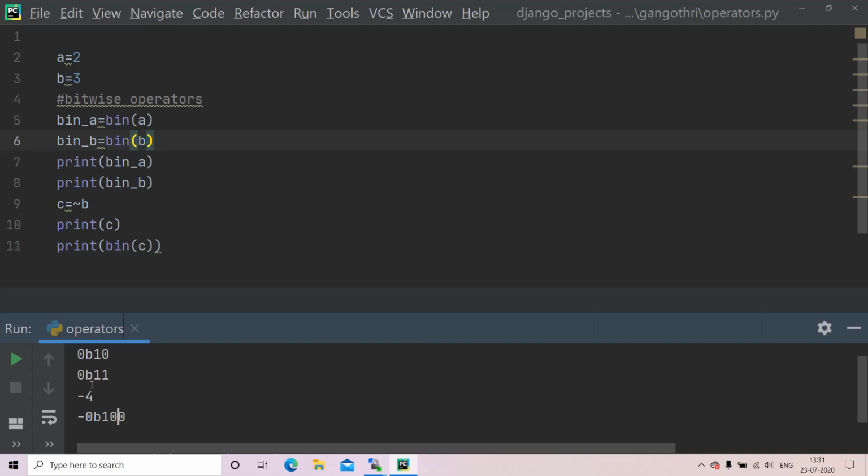It will invert all the bits, okay? Here we have binary B, right? So 1 is inverted to 0 and 1 is also inverted to 0, okay?